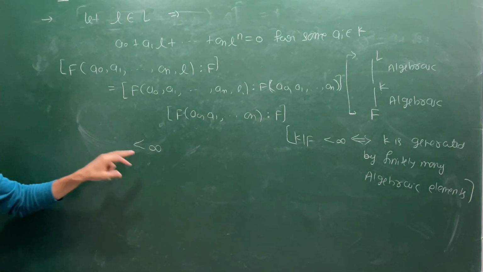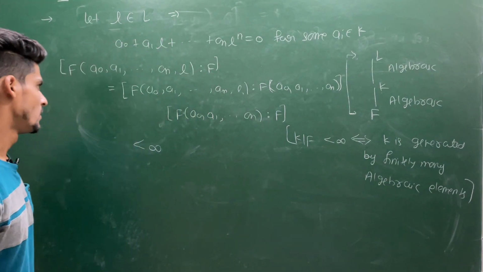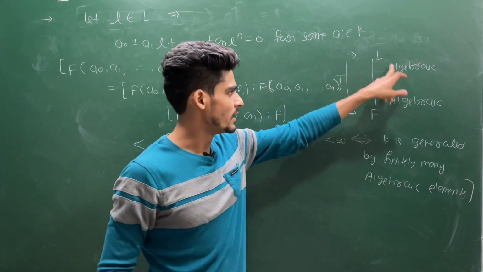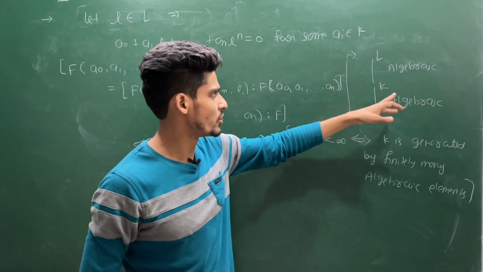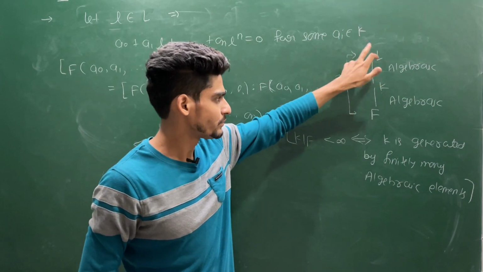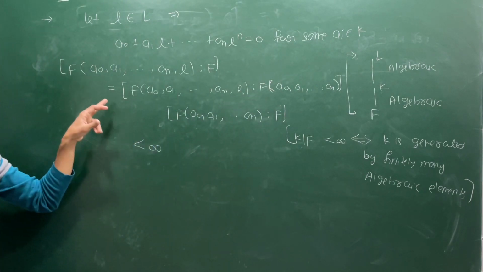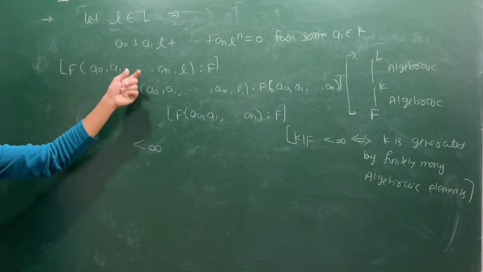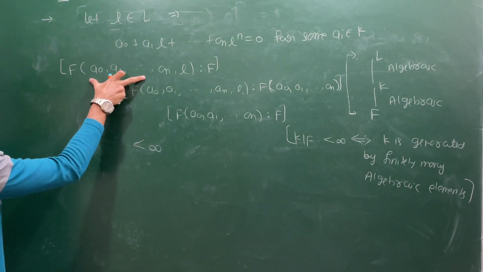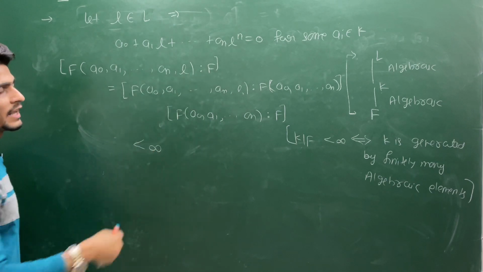If it is finite, we know that every finite extension is an algebraic extension. This is the technique I am using to prove that every element here is algebraic. It is not necessary that L is a finite extension, but every element is an algebraic element, and I am using the technique of constructing an extension which is finite and which contains L. That proves that every element in this is algebraic over F. That means L is also algebraic over F.